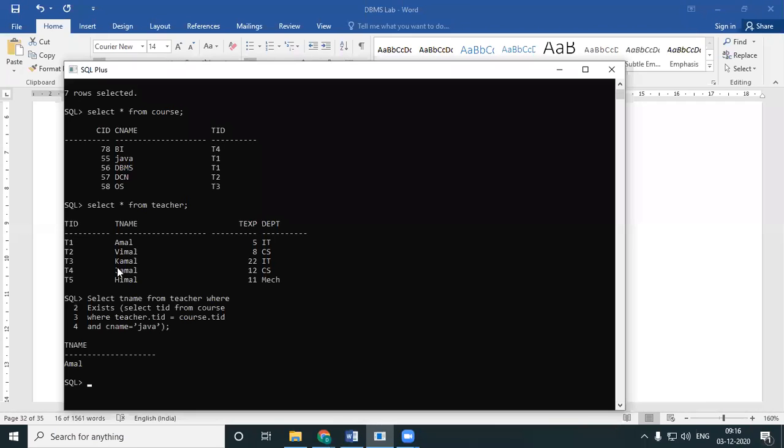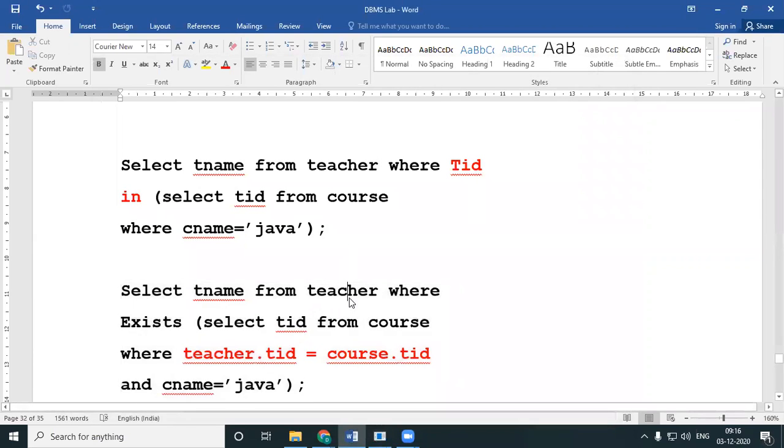Who teaches Java? Amal. Let's check. Java, T1, T1, Amal. Perfect. So this is how you write the exist query. Your normal condition. The extra thing you will have is you have to check for the equality. We'll do one more so that you'll get an idea.